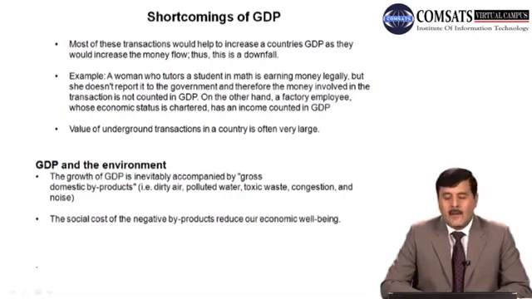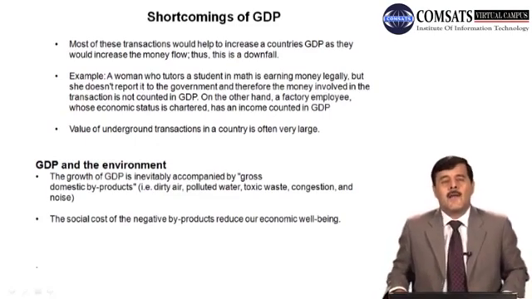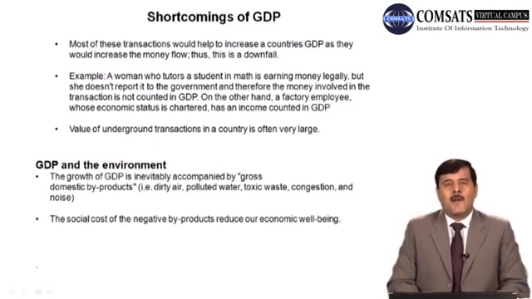On the other hand, a factory employee whose economic status is chartered has an income counted in GDP. तो उसकी तो इनकम शामिल होती है because he is chartered, उसका जो स्टेटस है वो चार्टर्ड है, लिखा हुआ है, और उसकी इनकम रिपोर्ट होती है जीडीपी में। लेकिन एक खातून जो है जो घर में ट्यूटरिंग कर रही है, पढ़ा रही है, and she is earning income and money by legal ways, but उसकी जो इनकम है वो जीडीपी में शामिल नहीं हो रही। तो वैल्यू ऑफ अंडरग्राउंड ट्रांजैक्शंस इन ए कंट्री इज़ ऑफन वेरी लार्ज,